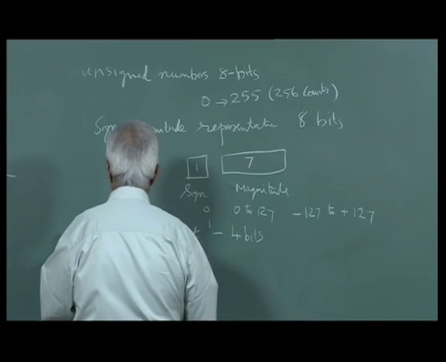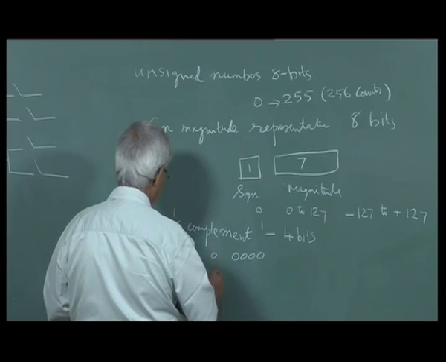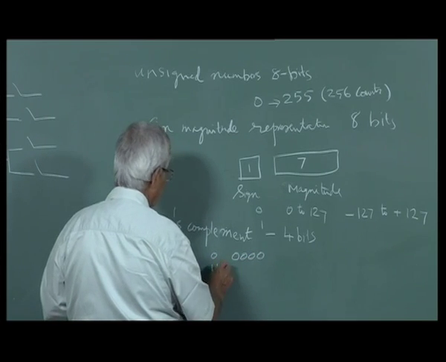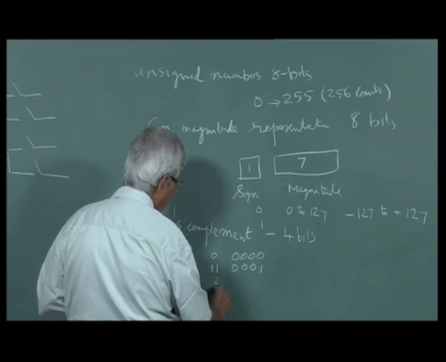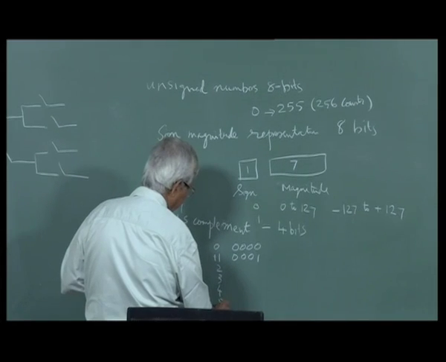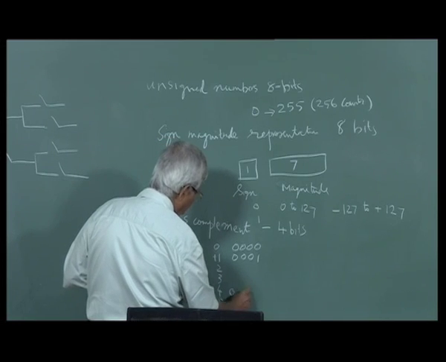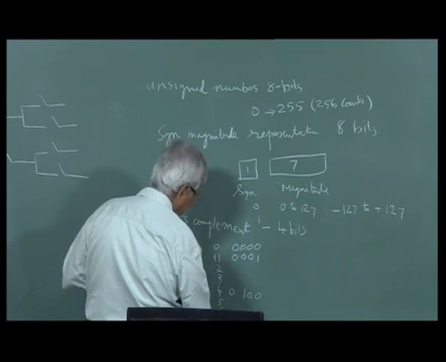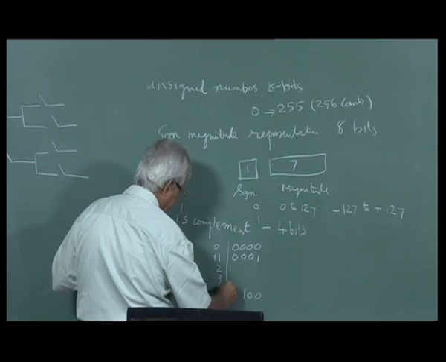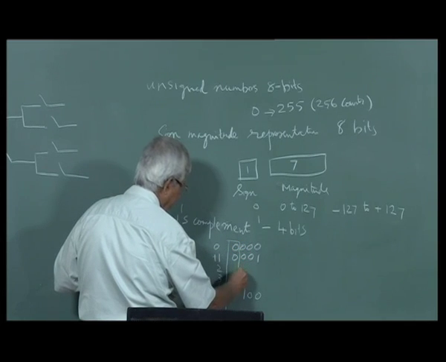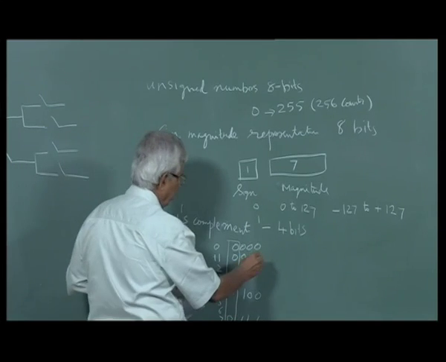I can have 0 as 0, 0, 0, 0, 4 bits, plus 1, 0, 0, 0, 0, 1, 2, 3, 4, 5, 6, 7, we know all those numbers. So for example, 4 will be 0, 1, 0, 0, 7 will be 0, 1, 1, 1. Since we have reserved this bit as a sign, I can only have numbers from 0 to 7, positive 0 to 7, plus 0 to,